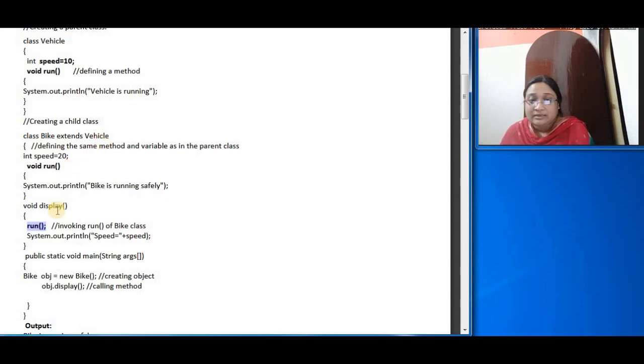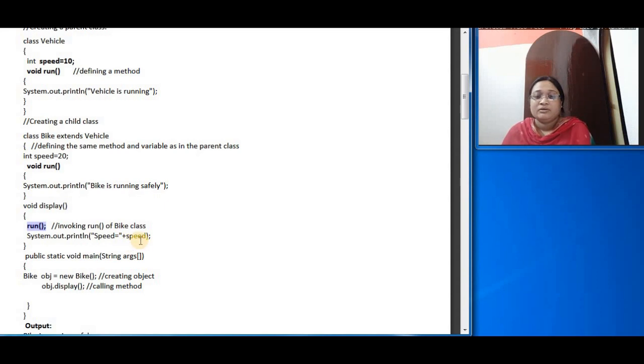So in this derived class, which run method is going to be called? Here comes method overriding. As we are calling the run method inside the derived class, the run method of the derived class will be invoked, and the run method of the base class gets hidden by the run method of the derived class.